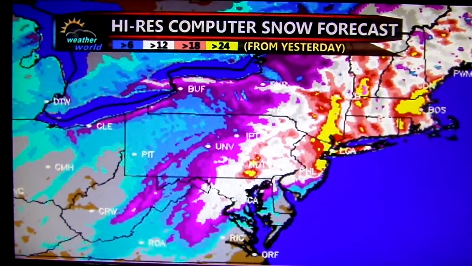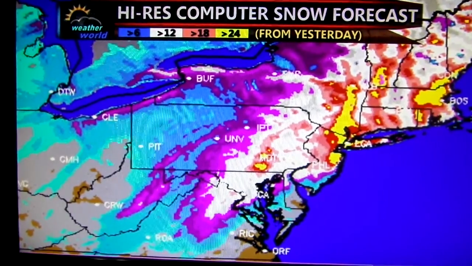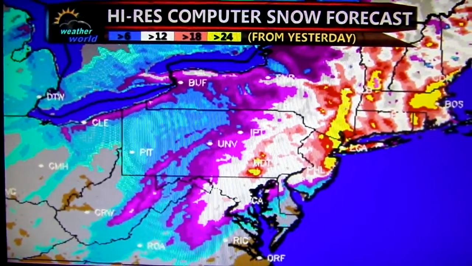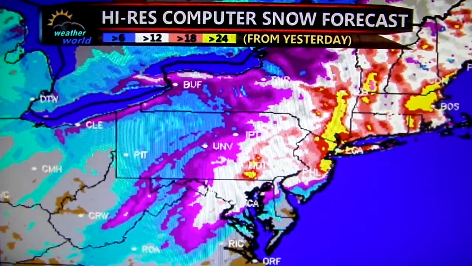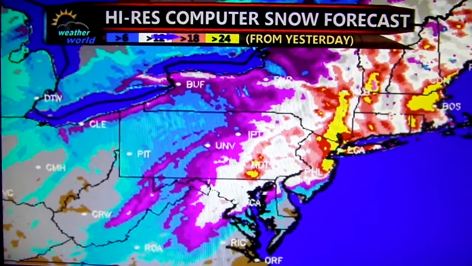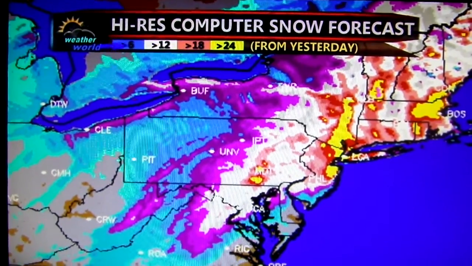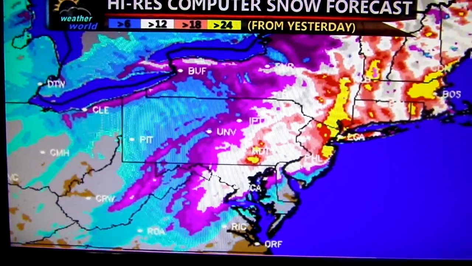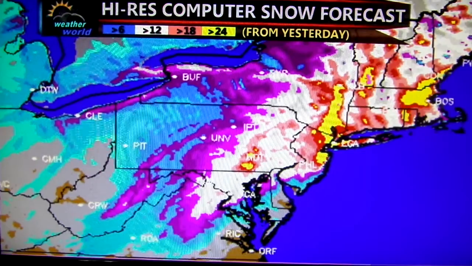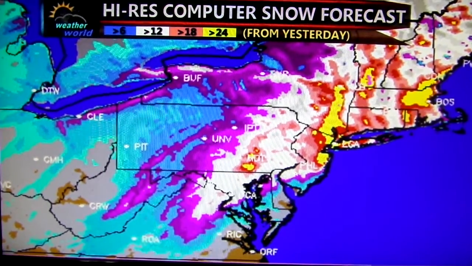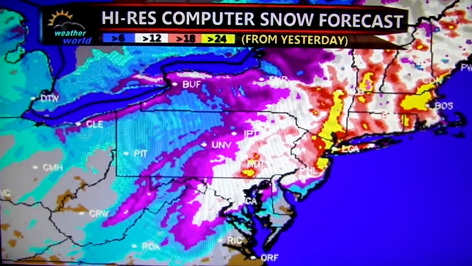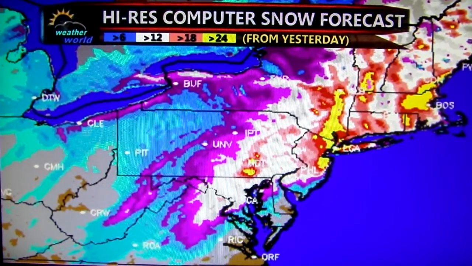This is a high-res computer model forecast from yesterday, one of what were many forecasts leading up to this storm, that shows the amount of snow. Here's the scale up here that shows that the yellows are over 24 inches. And one of the things we want to point out is when you're looking at maps, notice there are no particular numbers planted on the map here. And I would say the first thing about using snow maps, Ray, is that you should not focus on any specific number you see there.